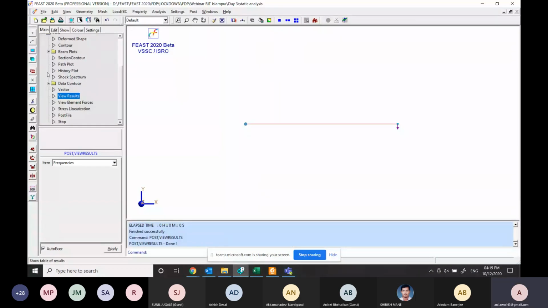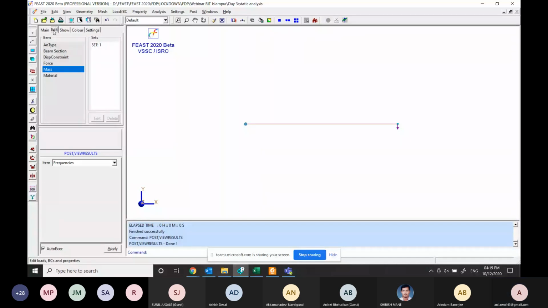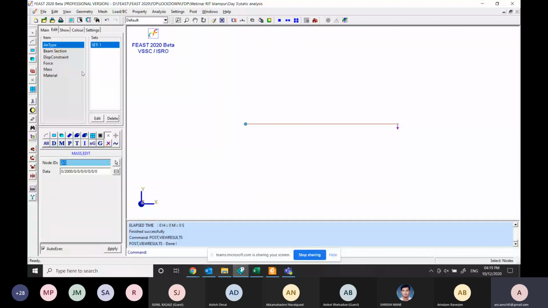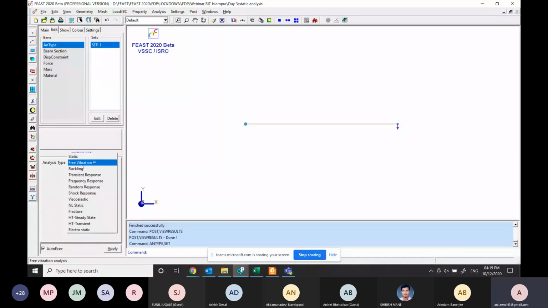Now I'll save the model, or I can simply edit the same model. I'll go to the edit tab, and the analysis type, from the static analysis and the free vibration analysis where we got the frequency, now we will use transient response.